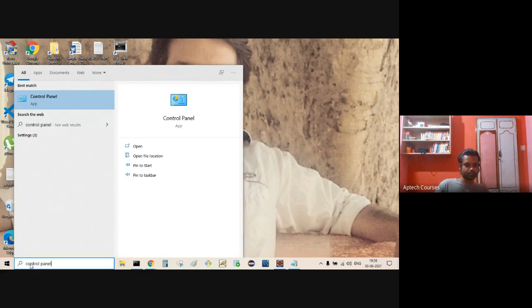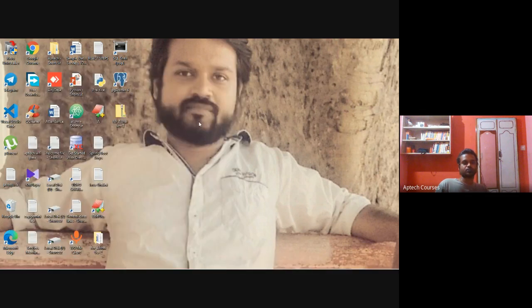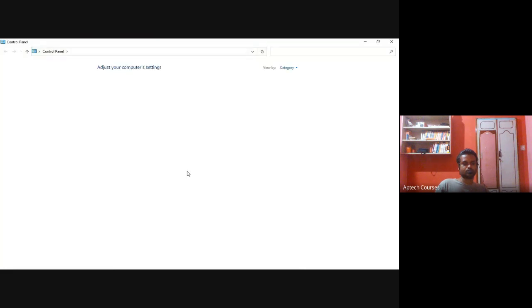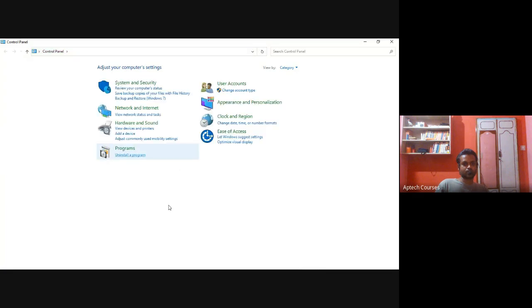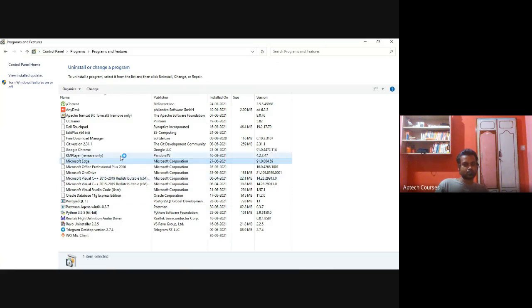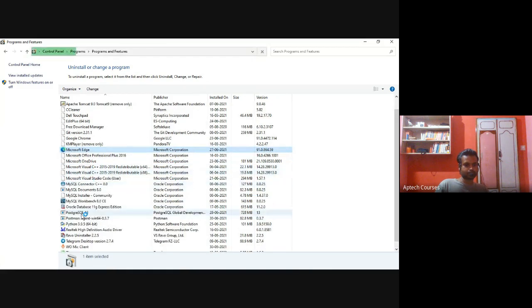Control panel, uninstall a program. Go to uninstall Postgres.